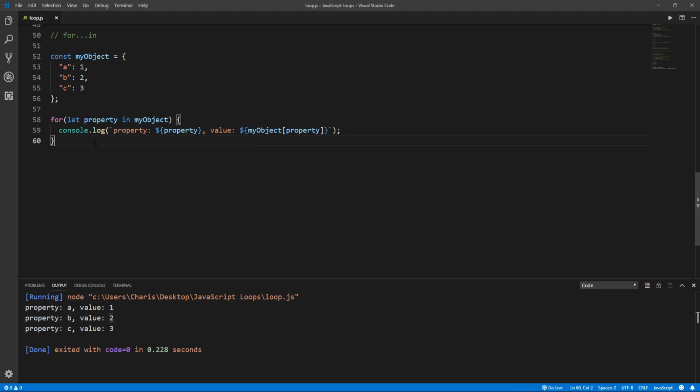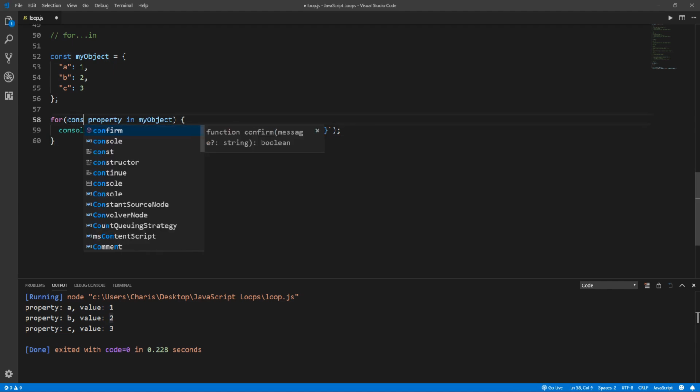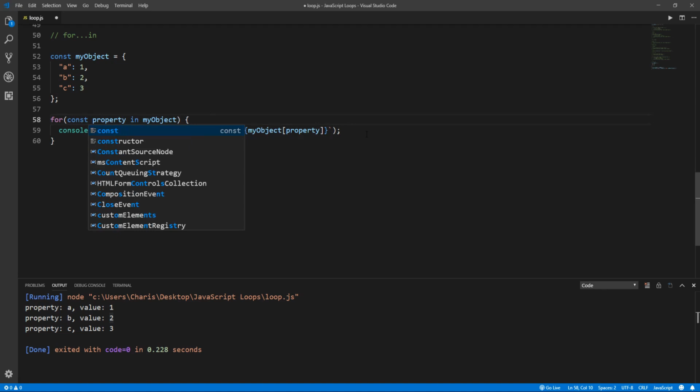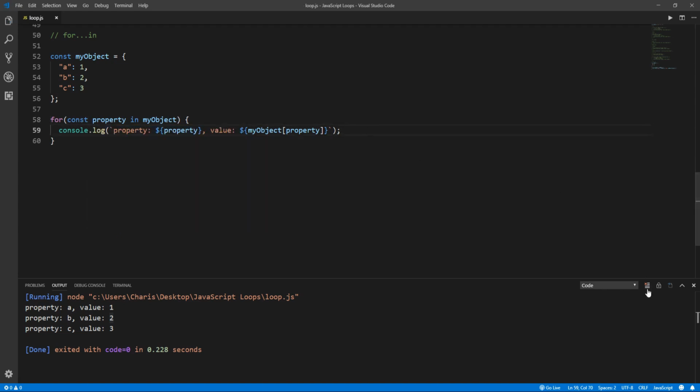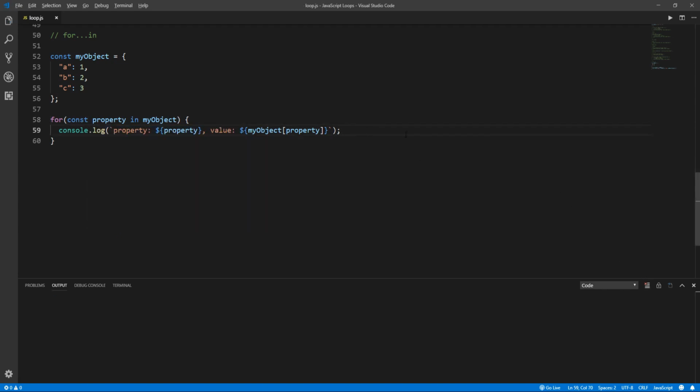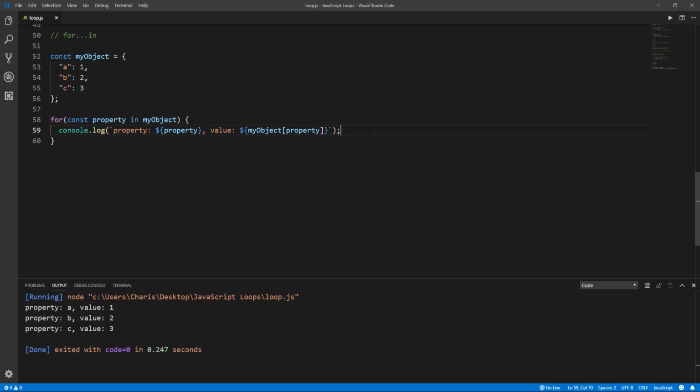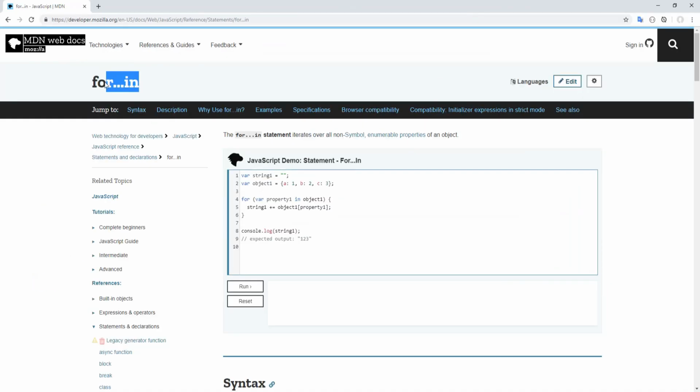And similarly to the for of loop, we can use const here instead of let. Let's save and run the code. Excellent. And regarding the browser support for the forIn loop,